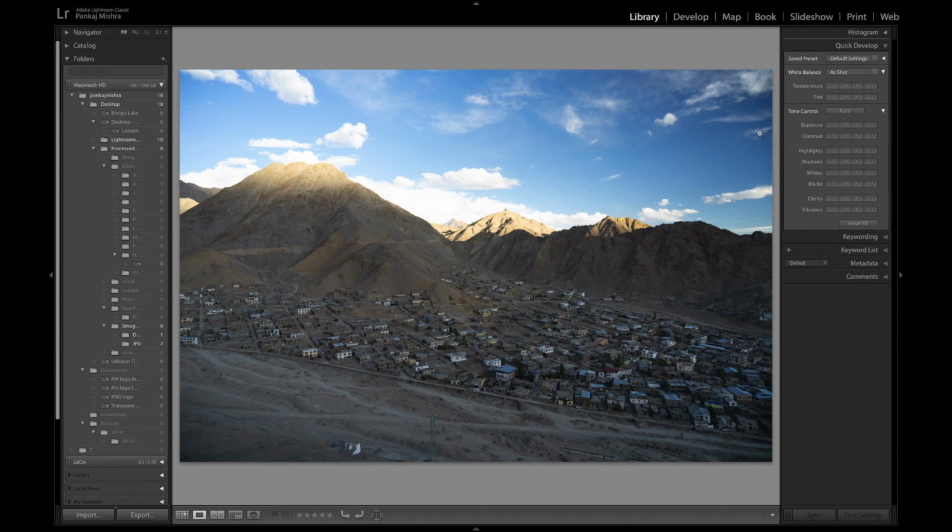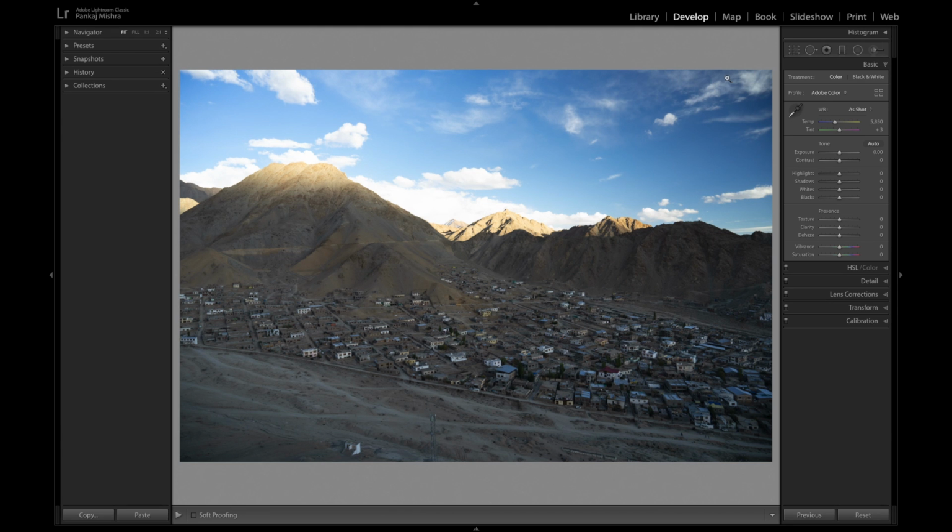Now we can move on to library mode and develop mode of Lightroom to try practical use of our learning about the basic panel. In library mode, we can find various sliders under quick develop, that is exposure, contrast, etc. Now, after entering develop mode, you can check various sliders like exposure, contrast, highlight, shadow, etc. By moving various sliders, you can check their effect on an image, like contrast.